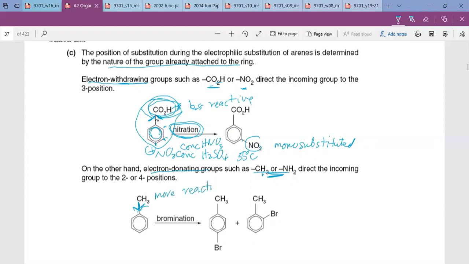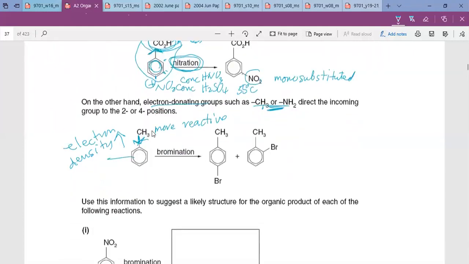than benzene. Why? Because the electron density here is enriched, has increased. So bromination is faster. That means it can go to two possibilities. You can see here, it can go to the 2 and the 4th position. So you put either one, you also get marks. Of course, sometimes they even go to